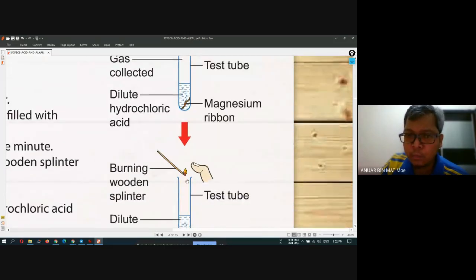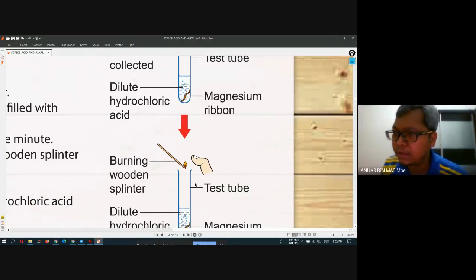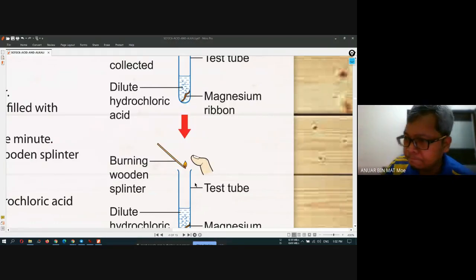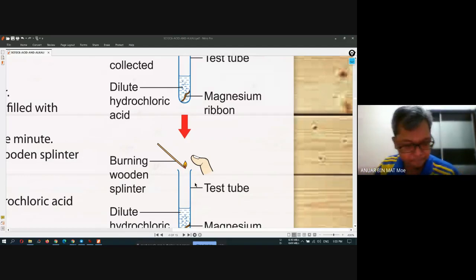So if you test the gas with a burning wooden splinter, what happened to the gas? Hydrogen? What happened when you test with burning wooden splinter? What happened with the hydrogen? It will produce what? Pop sound. It will explode, right? It will have a little explosion, or you can write produce a pop sound, right? Pop sound meaning a little bit of explosion, because hydrogen